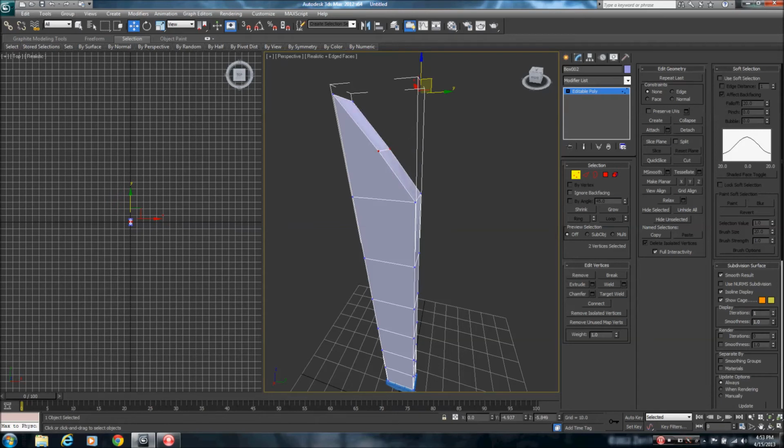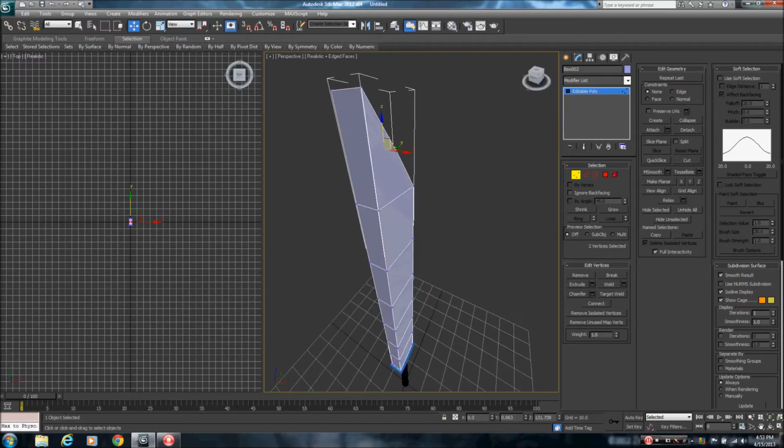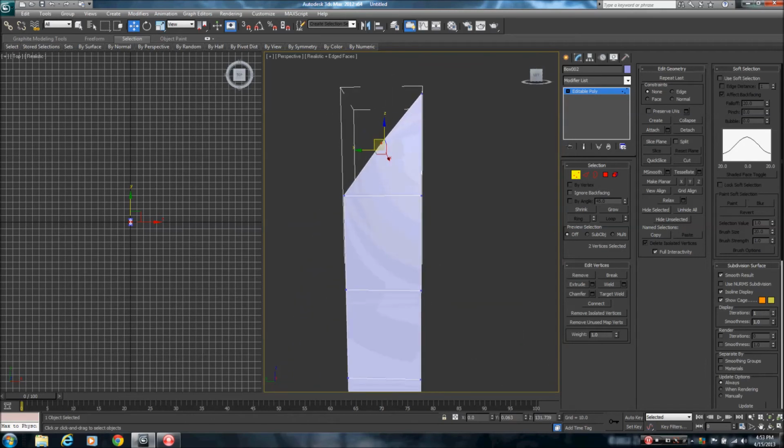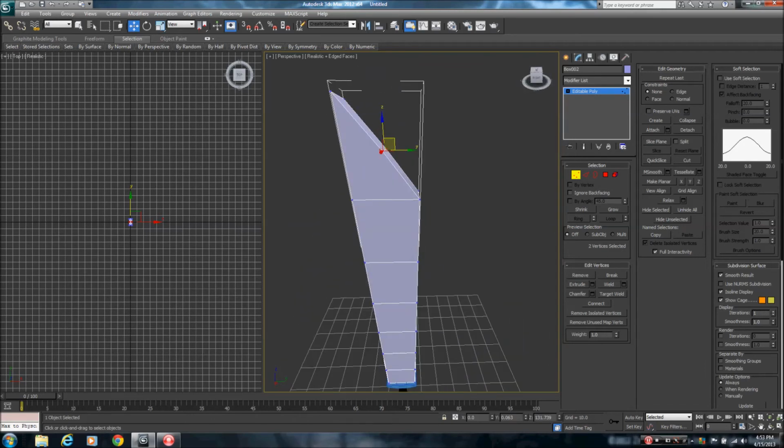Taking reference points from my original sword here, so that should be good. Thick back end. Yeah, okay, yeah, that should be good. Now,